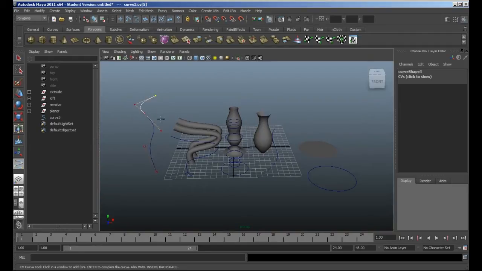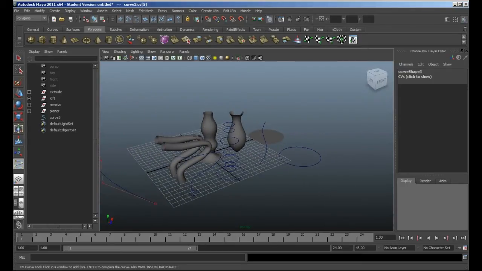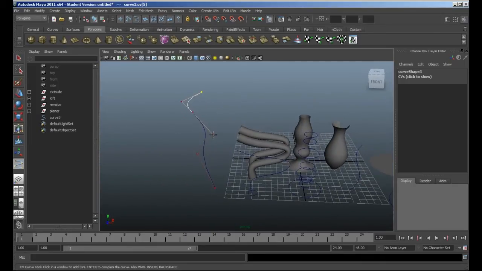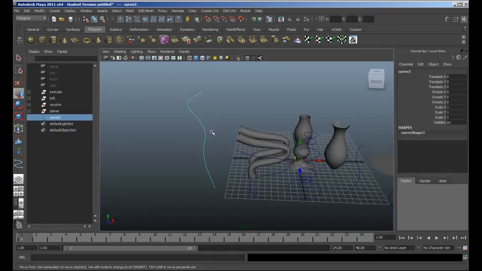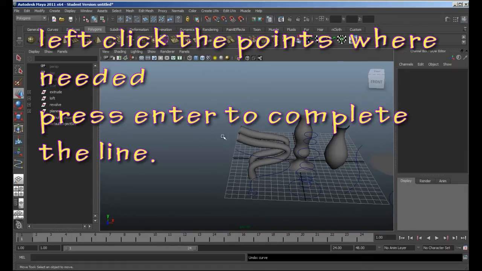Whenever you use this tool, let's just give you an example here. It looks like I'm going up the page. In fact, whenever you use one of these tools, it lays it flat down on the grid that's active at the time. So if I want to do a line that's going upwards, let's just Control Z that. So I press enter to complete the line and press Control Z to go back. Whenever I want to go up the page or up the screen rather than flat on this plane, I need to go and find